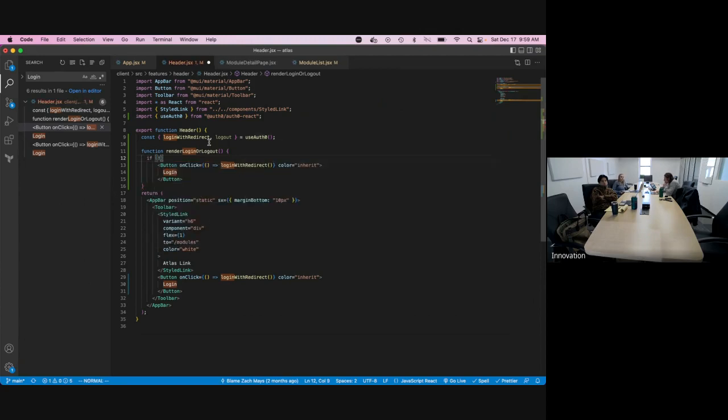When you use Auth0, you can also ask for user and